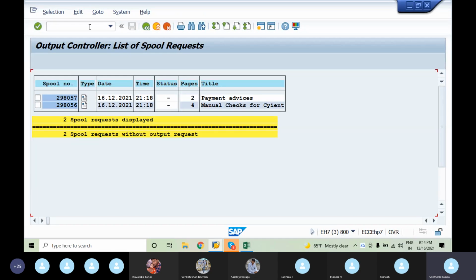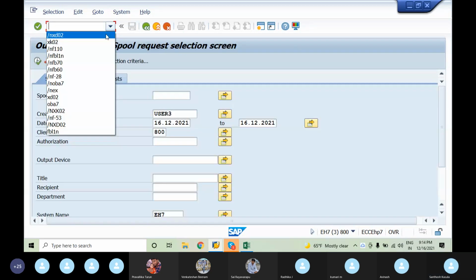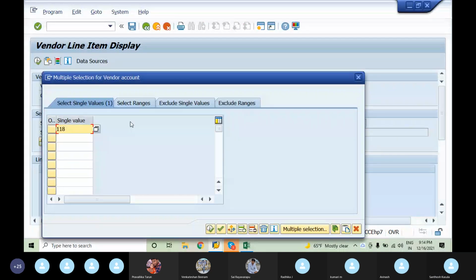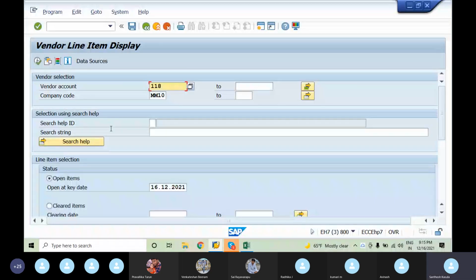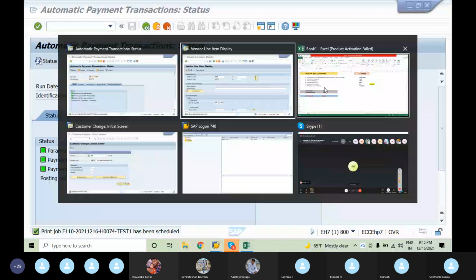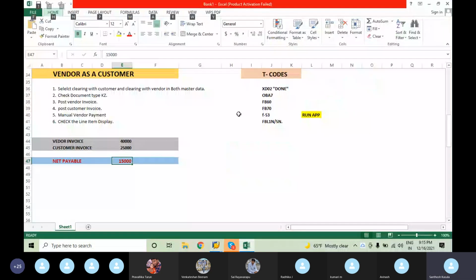And if you check in the line item display also, there are no line items, just cleared. So these are the scenarios, vendor as a customer and customer as a vendor. Depending upon the vendor invoice and customer invoice, it will be decided whether it is net payable or net receivable. So that's all I have to discuss.